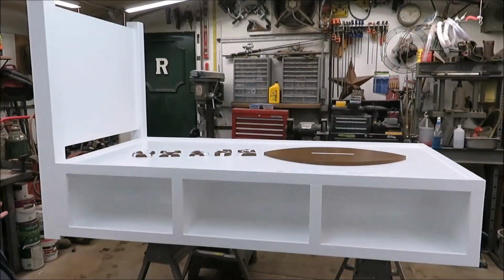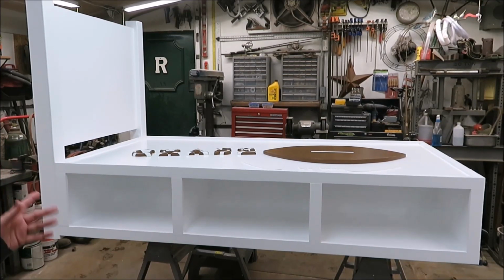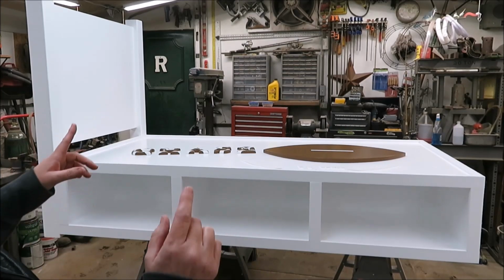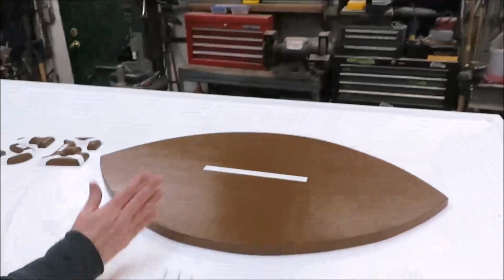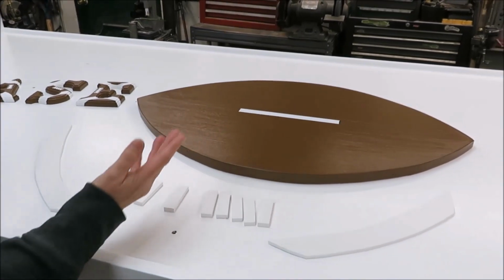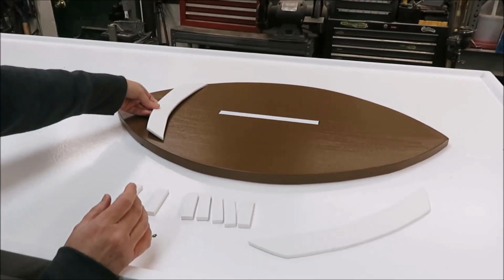Okay, as you can see, we got the bed painted. We didn't figure you'd want to see that. Everybody knows how to paint. Did like 3 coats on it to get a good coverage on it. And then we're going to do a football headboard. So we went ahead, cut out a football, and basically out of the same wood that we used for the bed. Went ahead and painted it, and then made our little